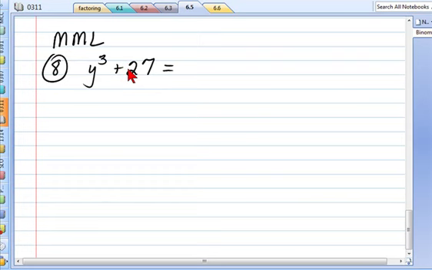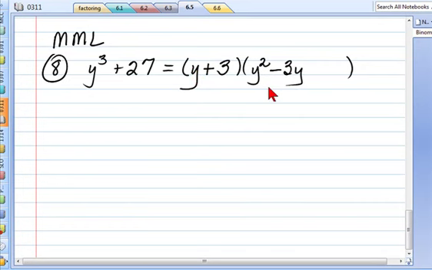I don't really care whether it's the sum or difference of cubes because I'm just going to use my pattern. Binomial, trinomial. In the binomial, cube root of y cubed is y. Keep the sign plus, what's the cube root of 27? 3. I now use these terms of the binomial to build the trinomial. And the words are square. Square the y, it's y squared. Change the sign, goes to minus. Product, 3 times y is 3y. Square the last,